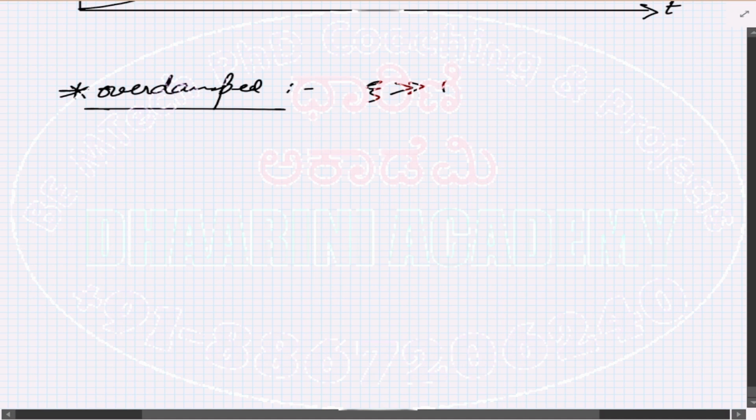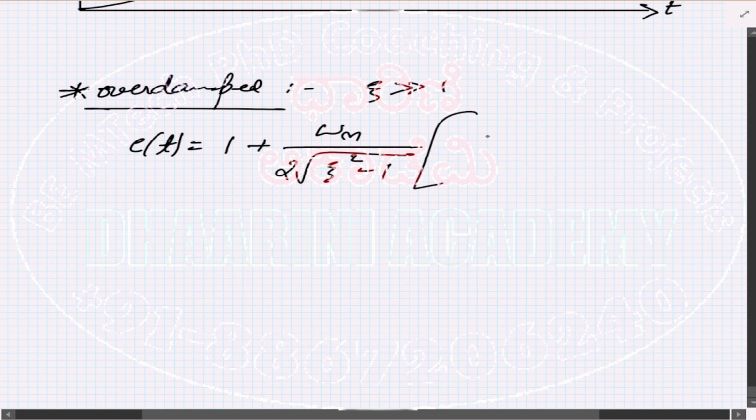Now we will be having c of t like this. I'll directly write the c of t. Again, we can substitute and calculate that part, but for the time being, let's write it this way. c of t is given by 1 plus omega n divided by 2 times root of zeta square minus 1, because zeta is bigger, e to the power,